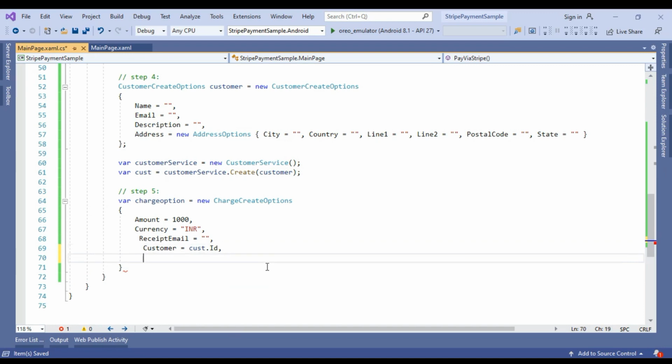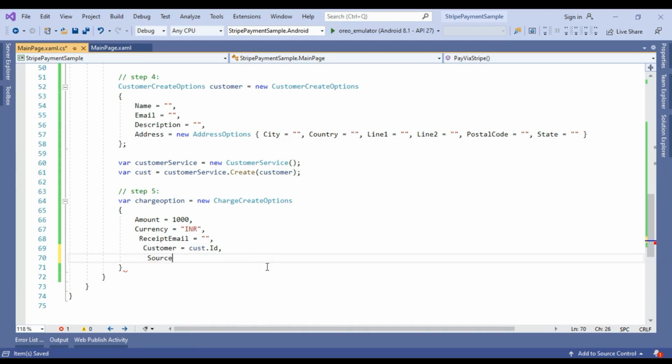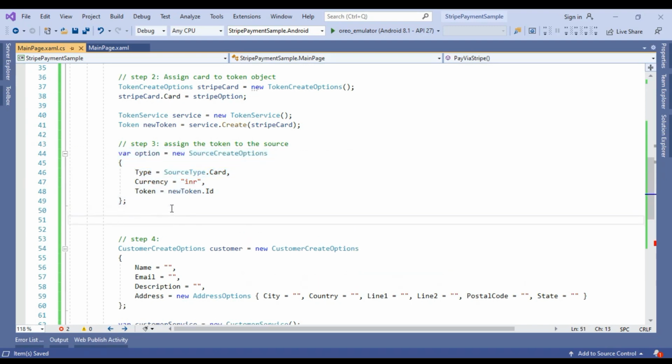And after passing the customer ID, now we need to pass the source. Where can we get the source? Here is the source create option. We already assigned the source create options, but we are not creating the source.